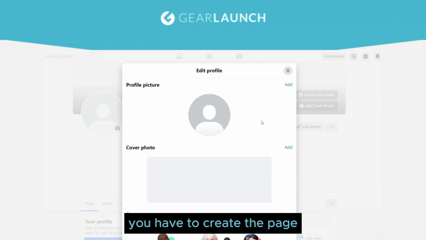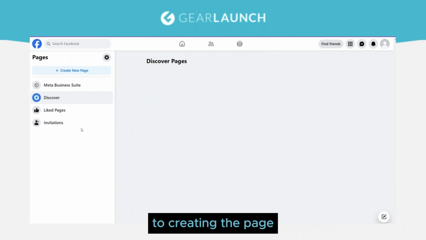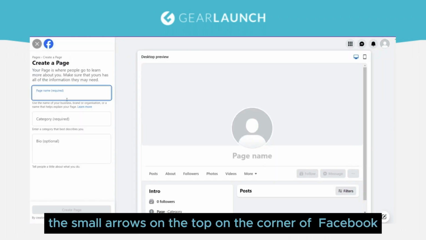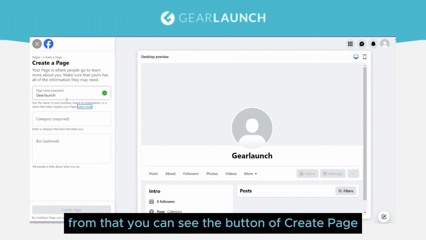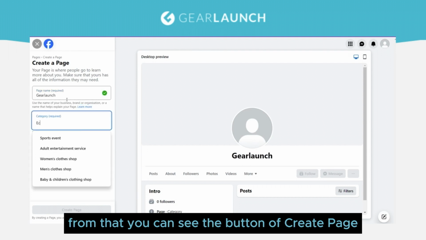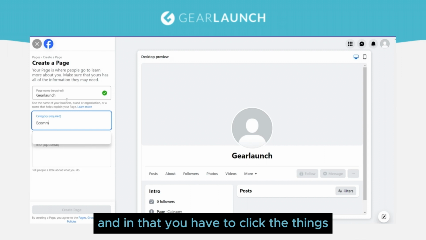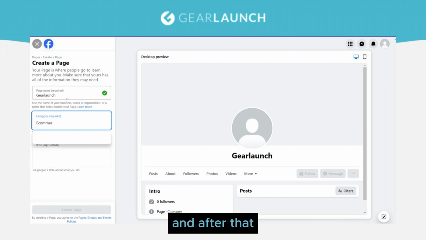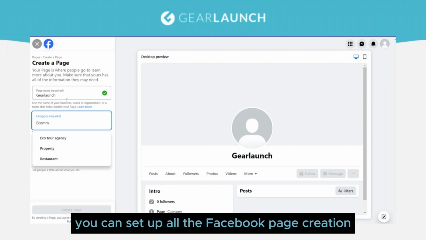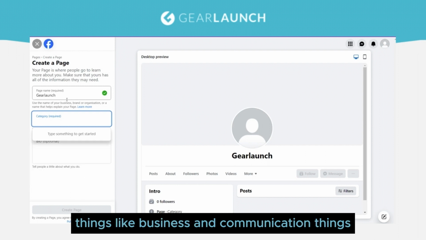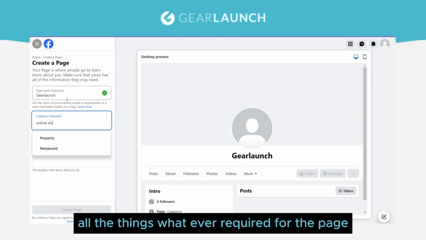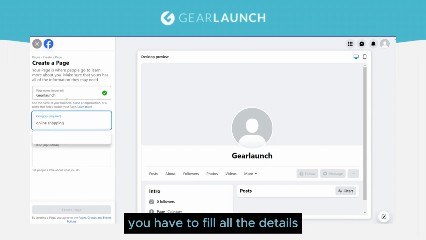you have to create the page. To create the page, click on the small arrow at the top next to the camera icon on Facebook, and then you have to create a home page. From that you can see the Create Page button, and you have to click it. After that you can set up all the Facebook page creation things, like business and communication details, all the things required for the page. You have to fill in all the details